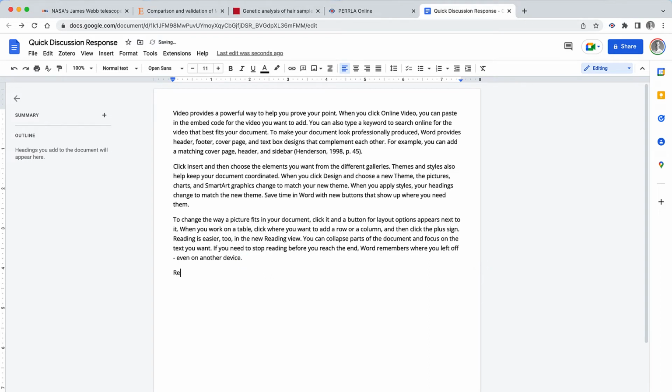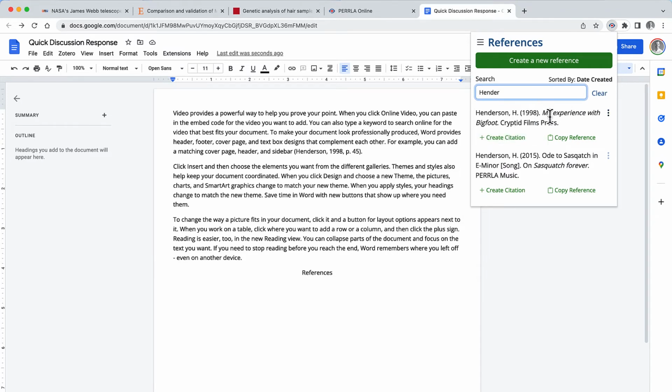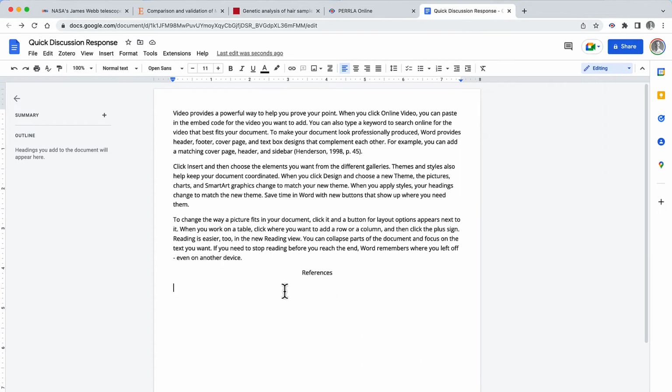Now we need to add some references here, right? So I've got to do a little bit of formatting here on my own, but let me come back into the PERRLA Chrome extension. And this was Henderson, my experience with Bigfoot. I'm just going to copy this reference. It's going to copy that reference to my clipboard, and I can come in here and paste it